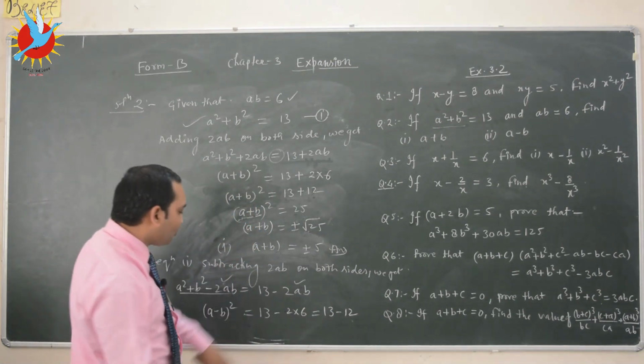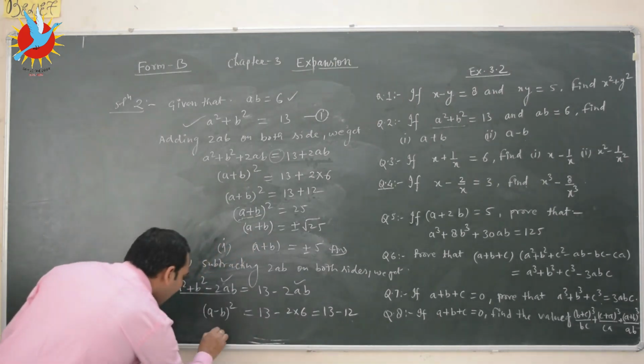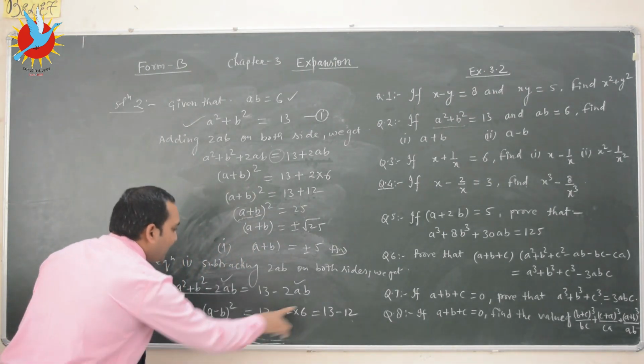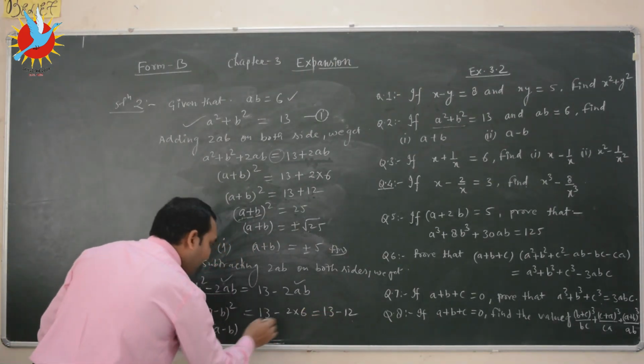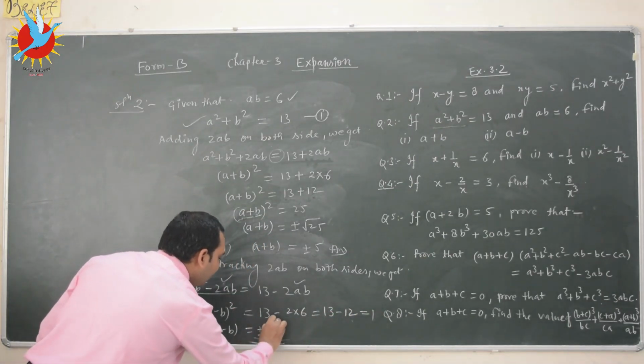According to the BODMAS rule, first we multiply, then subtract. So (a minus b) whole square is 1, and a minus b is equal to plus minus under root